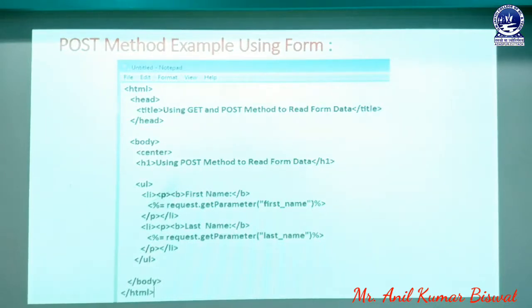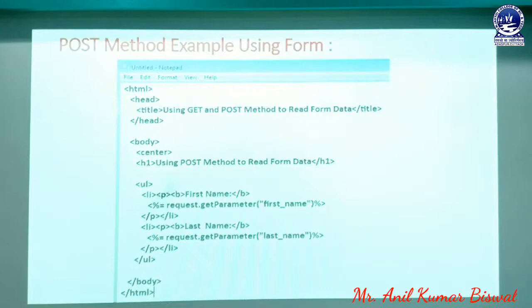This slide is related to our JSP page, and it must be saved with a file name .jsp. Then we can type here an unordered list. In that unordered list we are already mentioning request.getParameter. Here in that parameter we have a name, and that name should be unique, known as first name. First name means it is the name of a text box which is defined in our HTML coding page. In that HTML coding page, we have two text boxes.